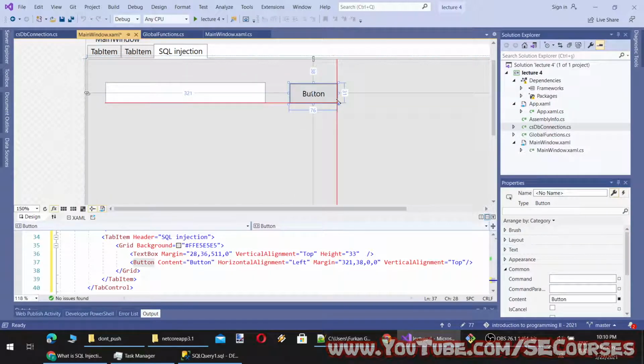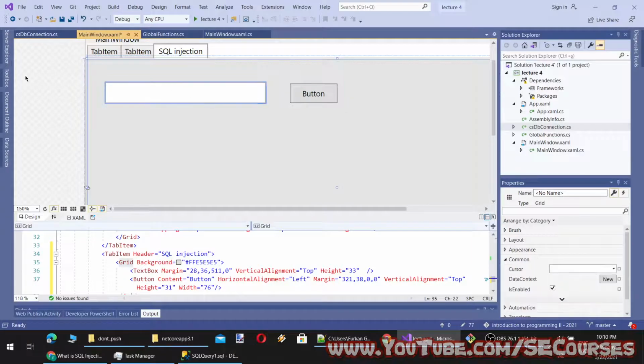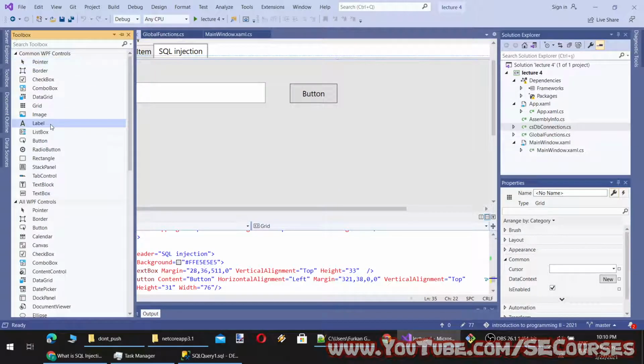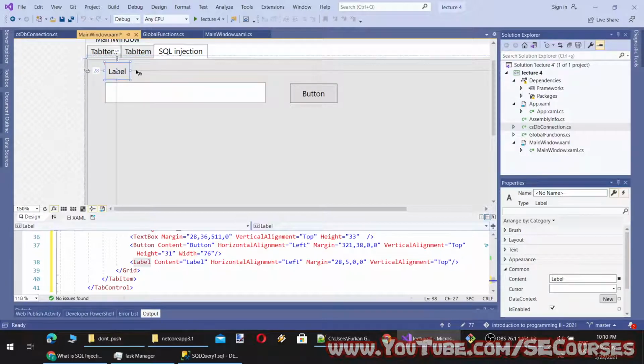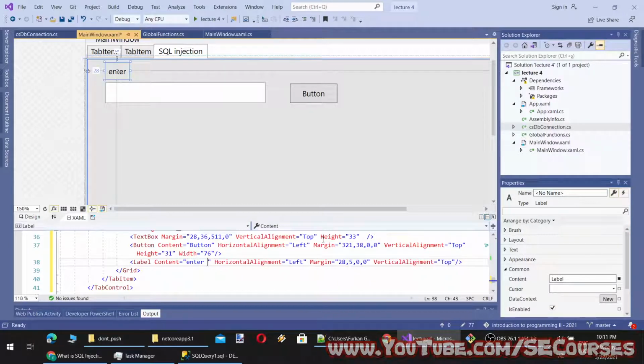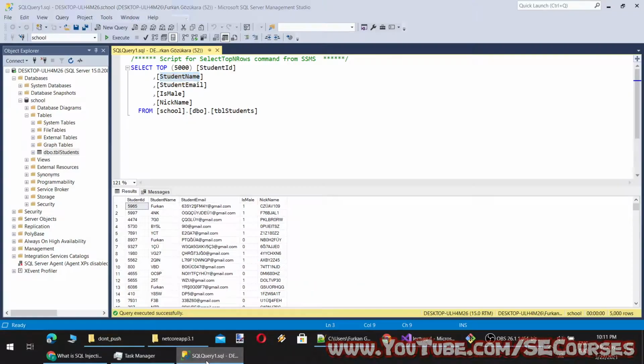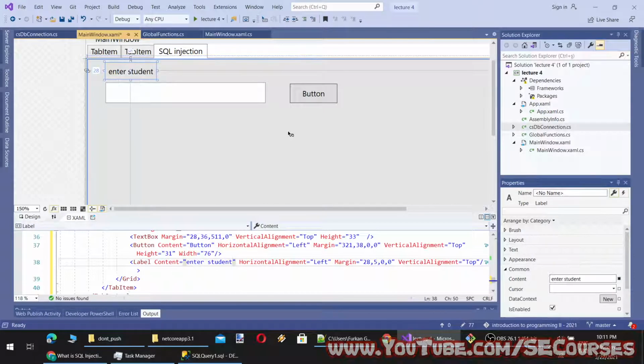Okay, so let's say this is the username text box, and here let's add a label. Enter, let's say, student name for searching.